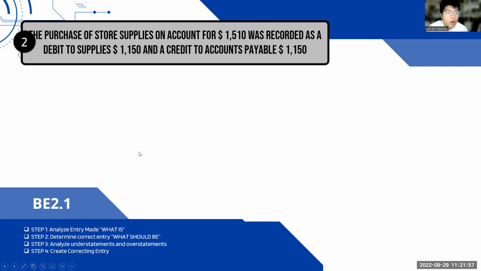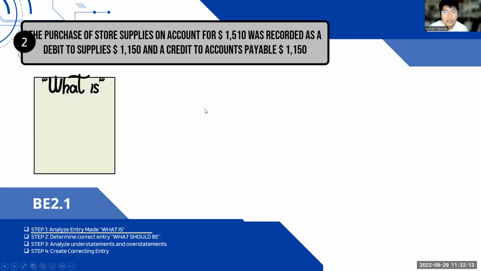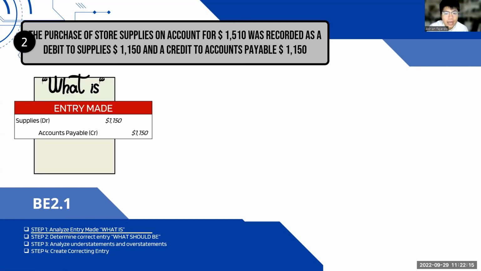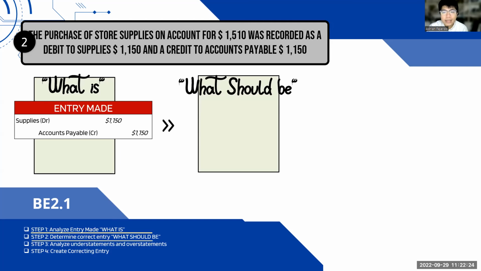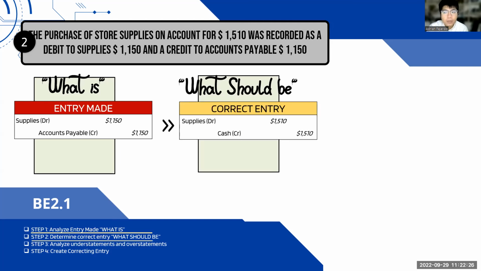So now, this is a more complex mistake. Not only did they make wrong accounts, the values are wrong. 1,510 versus 1,150. But then, the framework still stays the same. Step 1, what is? Basically, what they did was debited supplies, credited accounts payable for 1,150. That's incorrect in two ways, right? What should be was that they should have debited supplies, credited cash for 1,510,